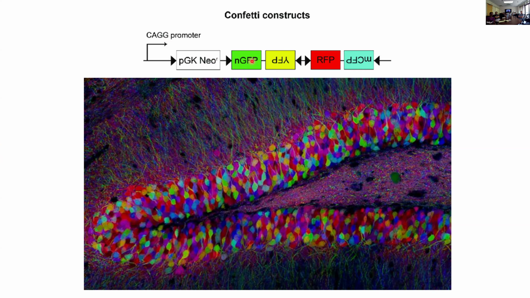And then by Cre-mediated recombination, which is all random recombination, you can generate cells that are labeled with different fluorescence. And then not only, right, while looking at this picture and